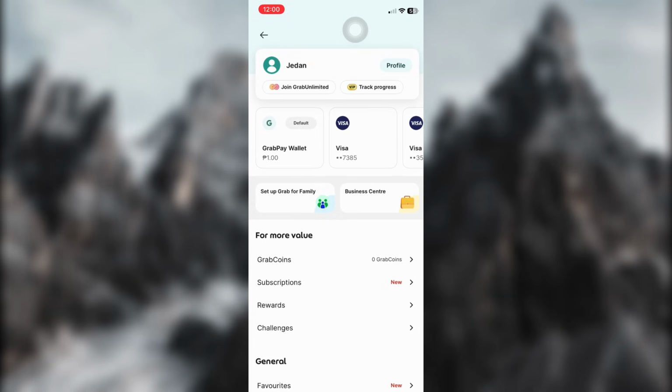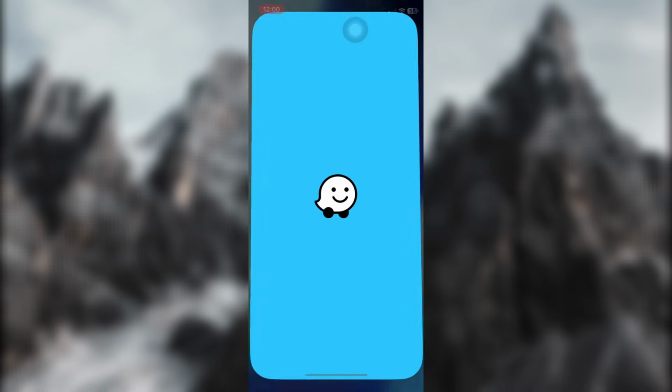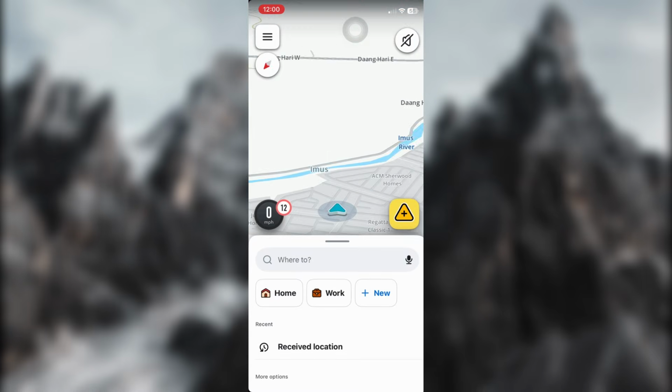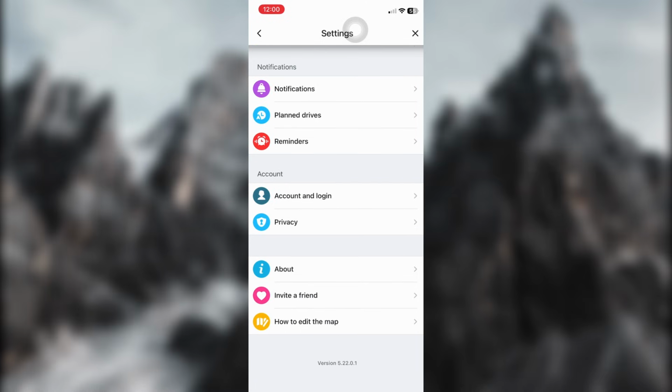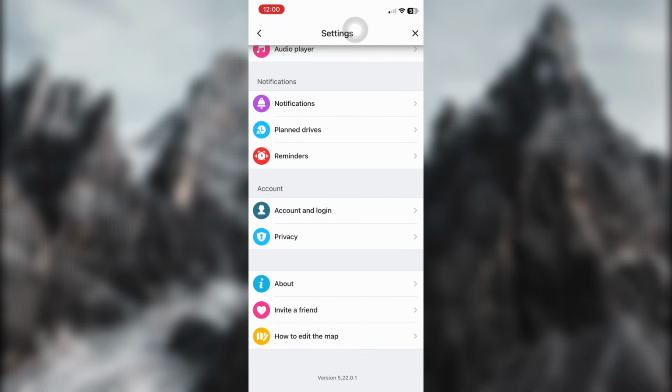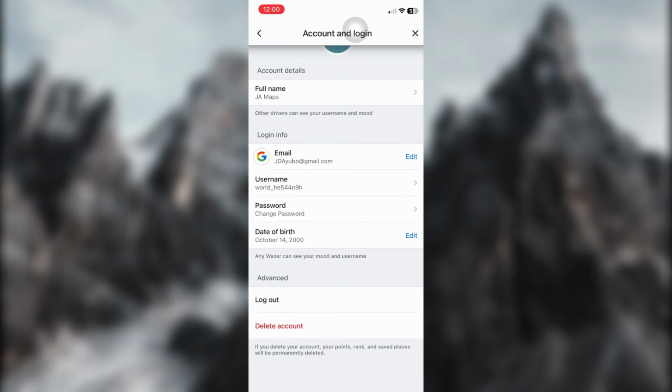Then, return to Grab and look for an option to open the route in another navigation app. Select Waze from the available options. Waze should then open and display the destination or route, allowing you to use Waze for navigation while your Grab